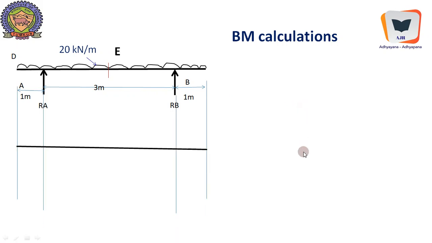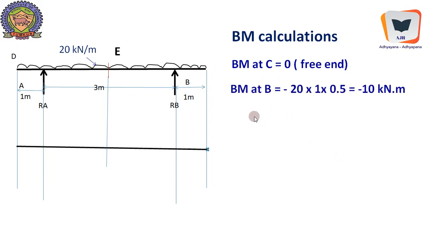Let us see. Now the things are projected, including E also. E is also projected for plotting the bending moment values. Now bending moment at C equal to 0 because it is free end. Bending moment at B equal to minus 20 into 1 into 0.5 owing to this UDL, so that becomes minus 10 kilonewton meter. It's also plotted over here. And bending moment